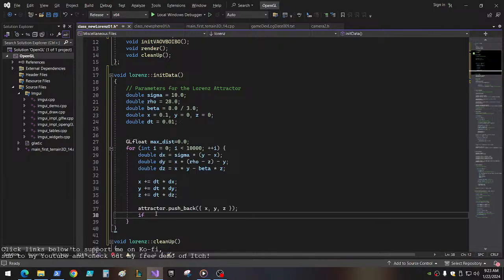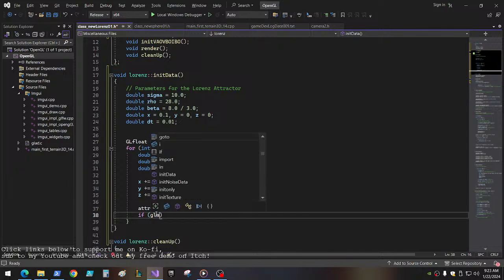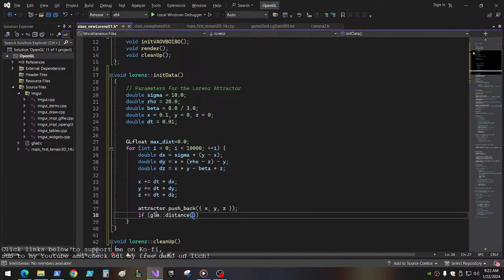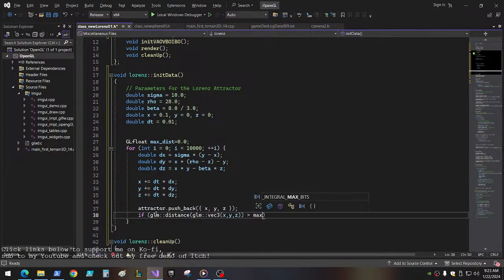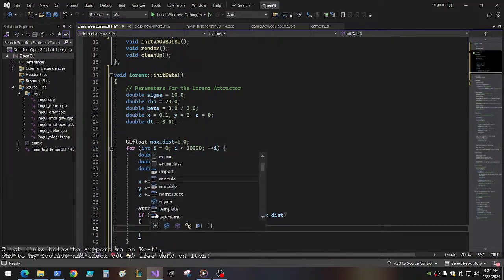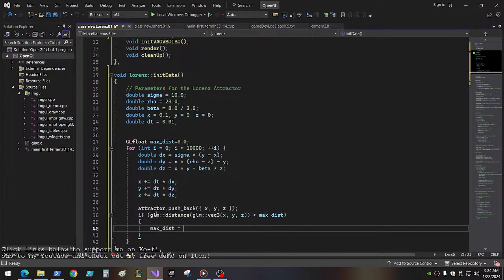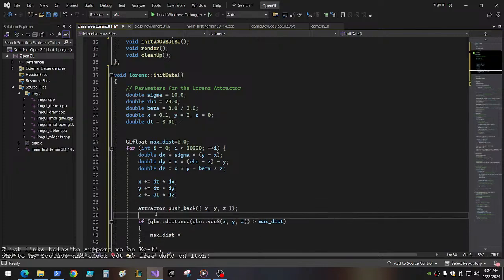If GLM distance of GLM vec3 XYZ is greater than max distance, then we want to set max distance equal to it. Let's just go like this. Temp distance equals